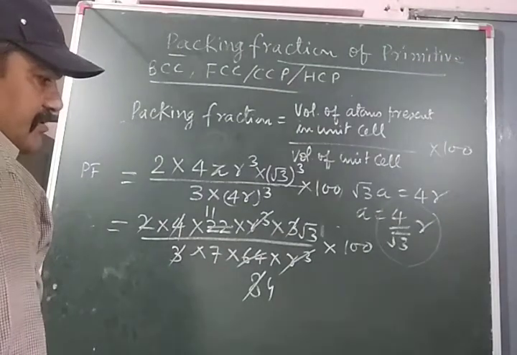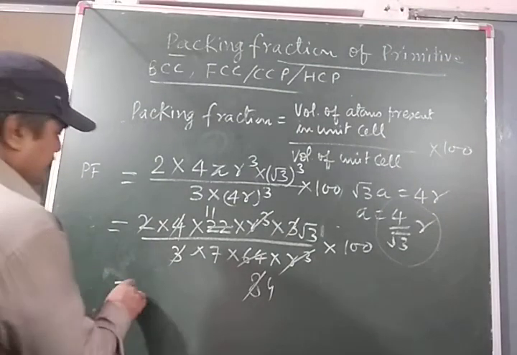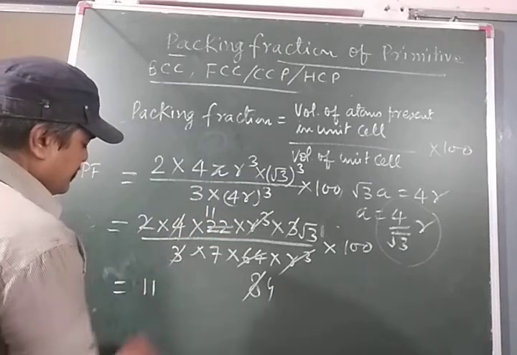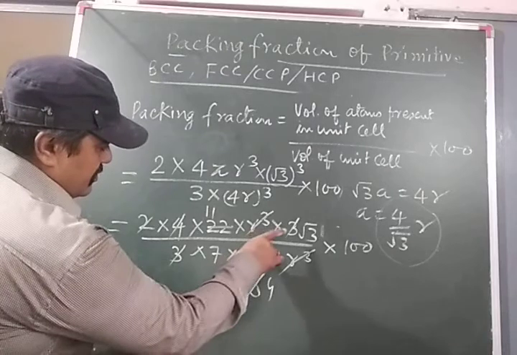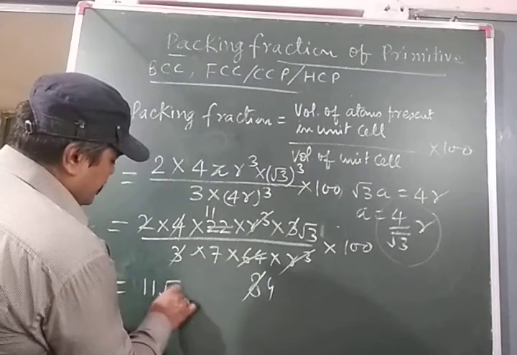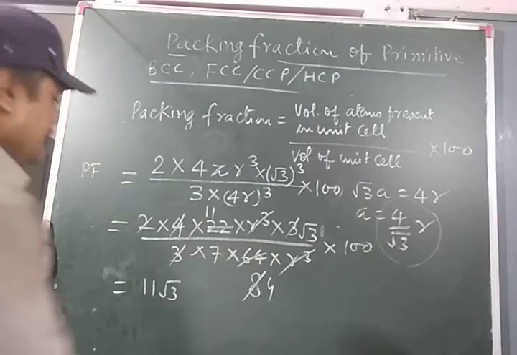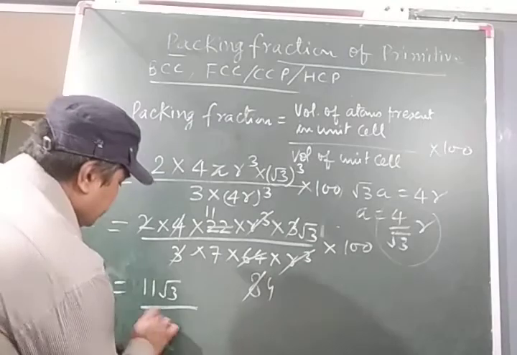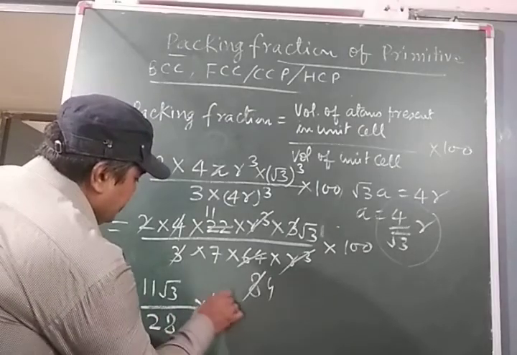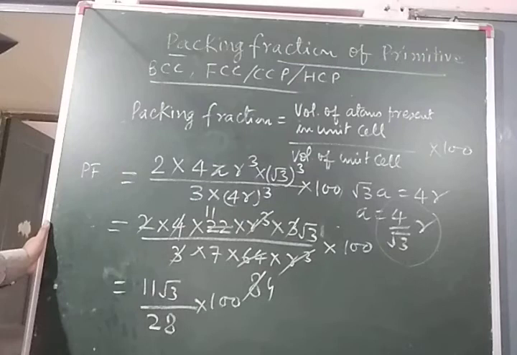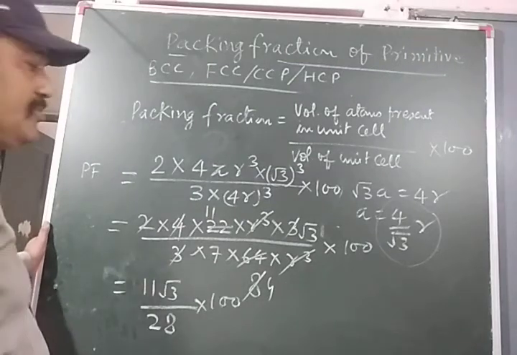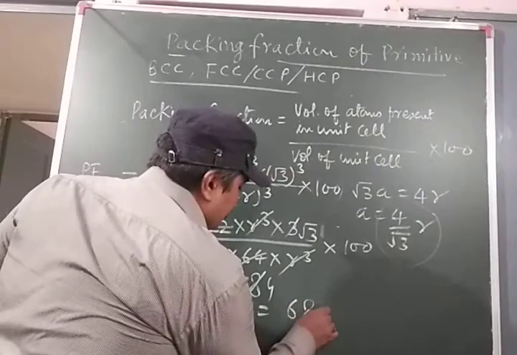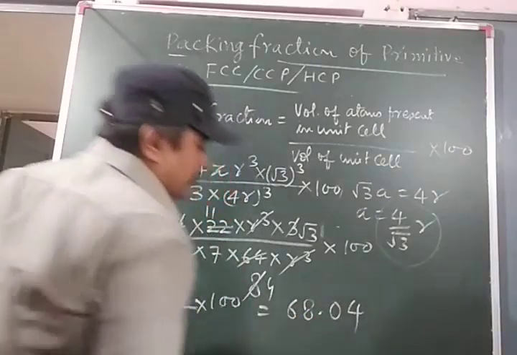Okay, so overall this is 11√3 upon 7 into 4, 28 multiplied by 100. Okay, when we solve this we will find out the percentage, that is 68.04. Okay,